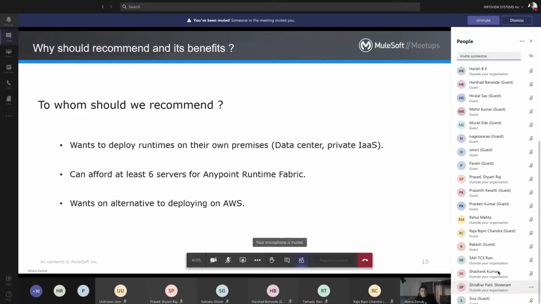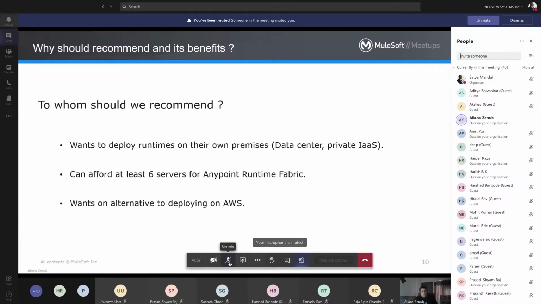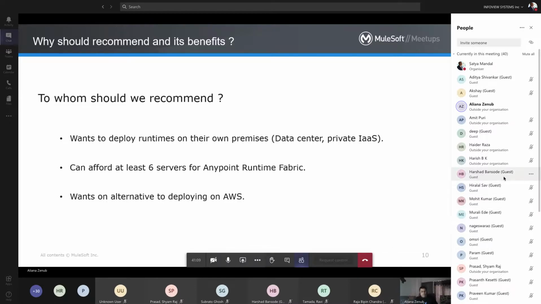The second point is that it requires a minimum of 6 servers.